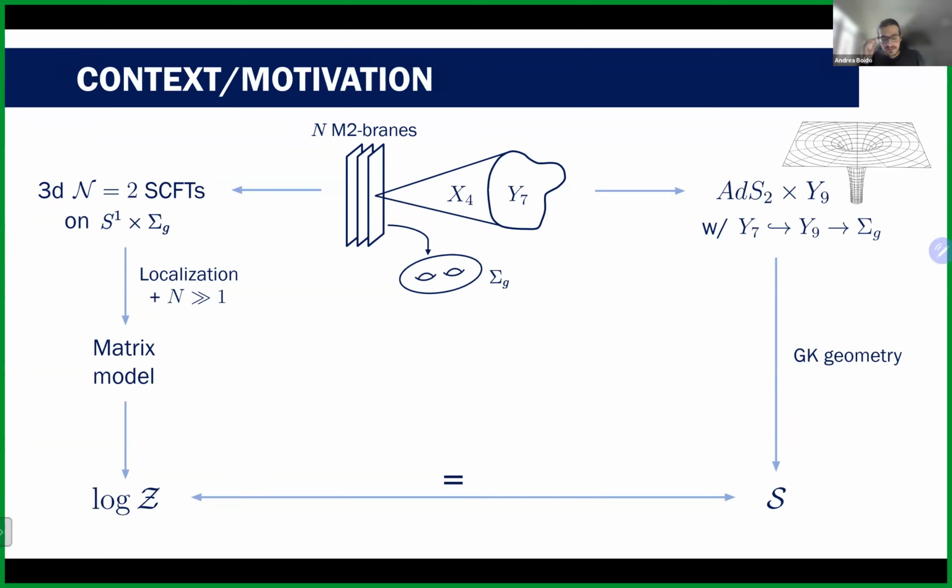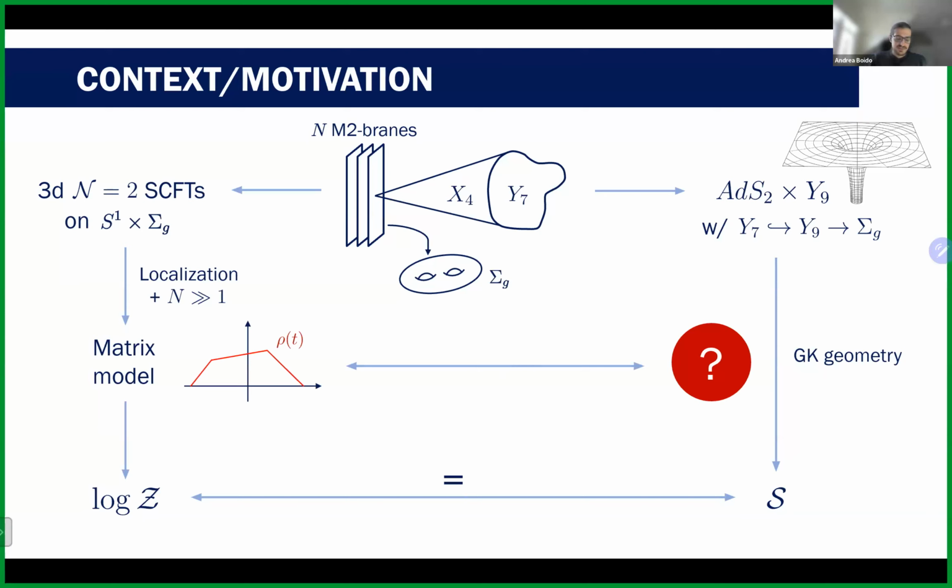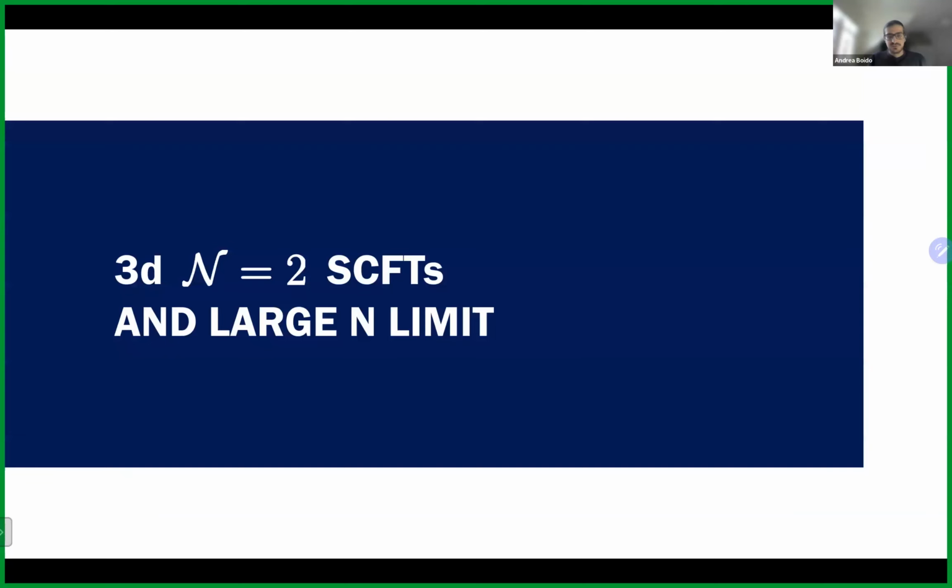What we discovered is that actually there's another matching even further up these arrows. In particular, in the matrix model, when you do localization, you have some function which is called the eigenvalue density. I will tell you what it is later on. And this function is mimicked by a particular geometric quantity, and that's the subject of this talk. I didn't say that before, but of course, feel free to stop me at any point for questions. All right, so let's jump into the first part.